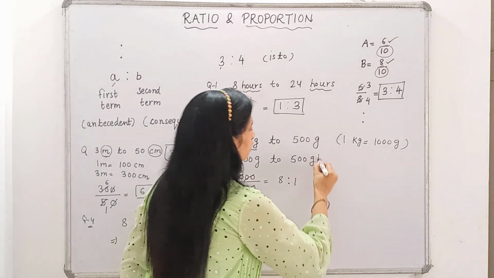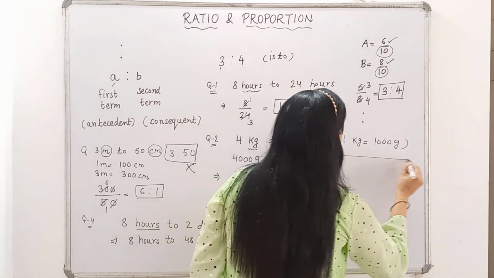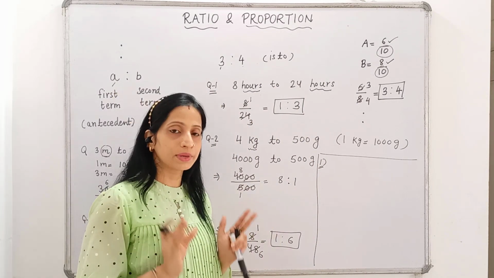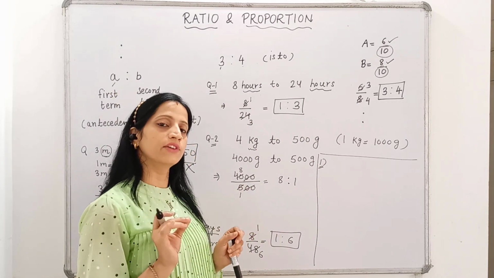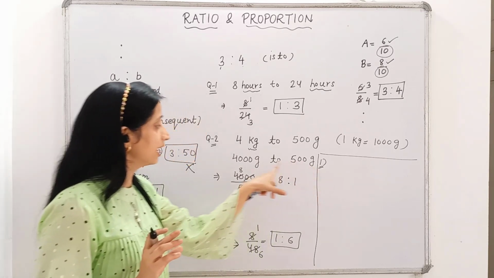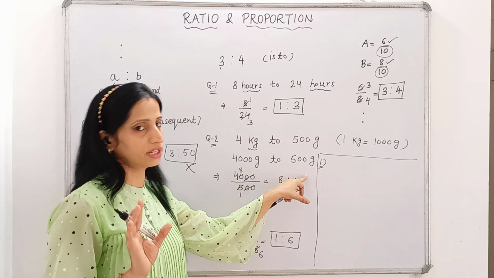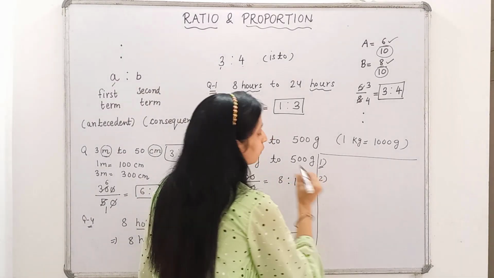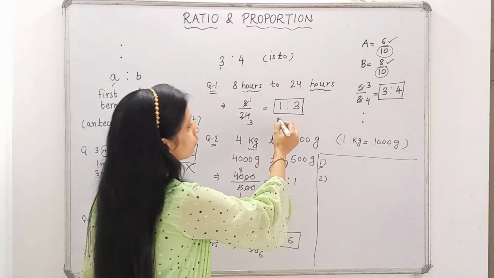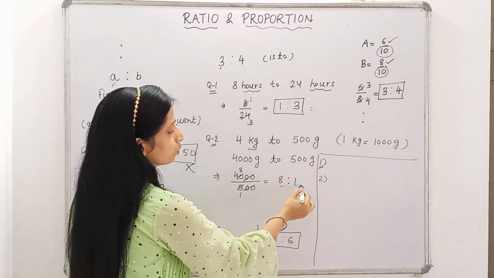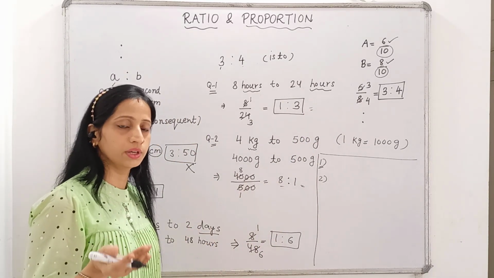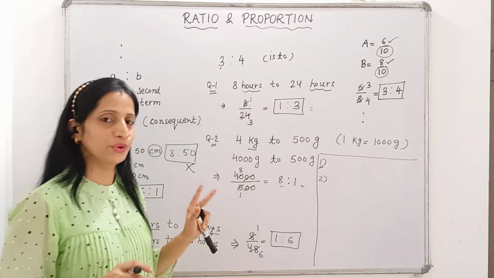So, two important points we did here about ratio. First is, we can compare two quantities if and only if they are expressed in the same unit. Or we can find out the ratio of two numbers if and only if they have the same unit. First, we have to make the units equal. Okay. And the second thing we did is that ratio has no unit. You can see here the answer is 1:3. There is no unit. Like for area we have the unit, for volume we have the unit, but for ratio we have no unit.